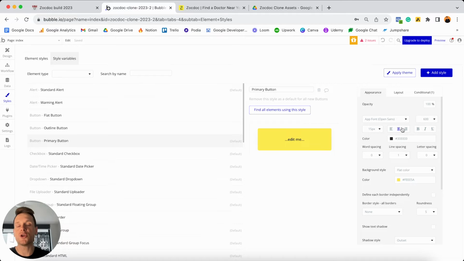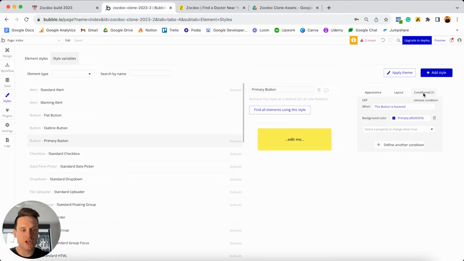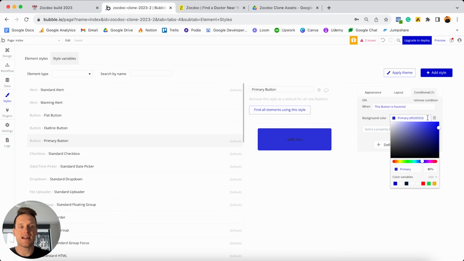And then finally, what you also might notice is that under your conditional tab for this style, you can see that there's a condition that's going to update the color of this button whenever it's hovered. So whenever someone puts their mouse over this button, it's going to turn blue. And that's not really the color I want. Instead, I'm just going to add in another shade of yellow here. And if you'd like this color code, it's